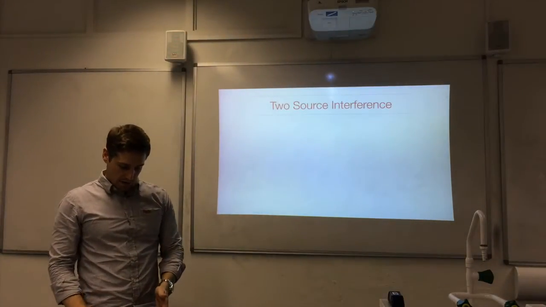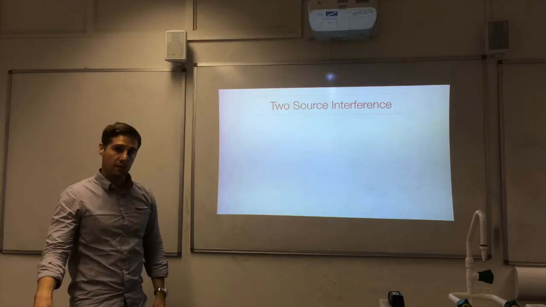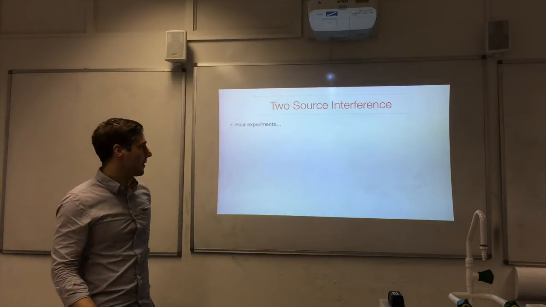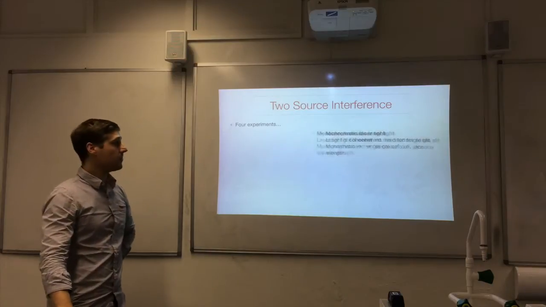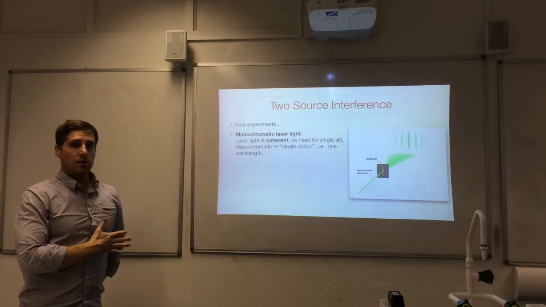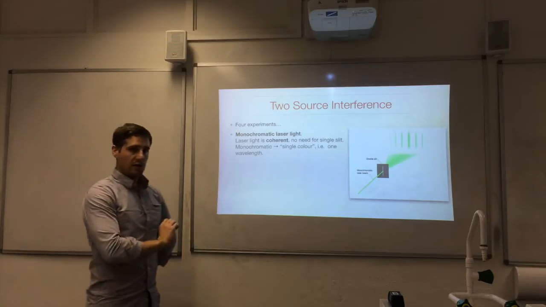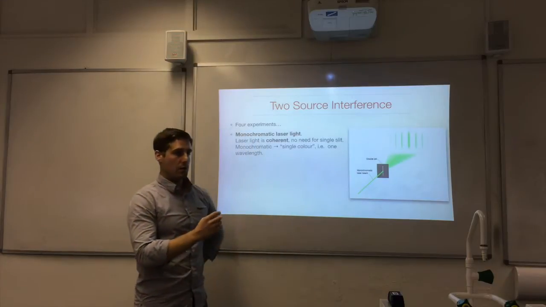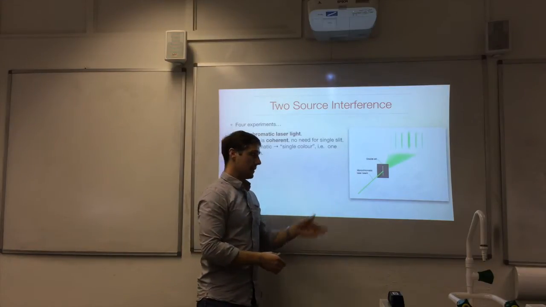Okay, let's look at some other cases of two-source interference. There are some experiments that you need to know about, so let's look at four of them. Firstly, we've got a variant of Young's double slit experiment. Young was using white light, but we often use laser light. So you could use red laser, you could use green laser, you can use various